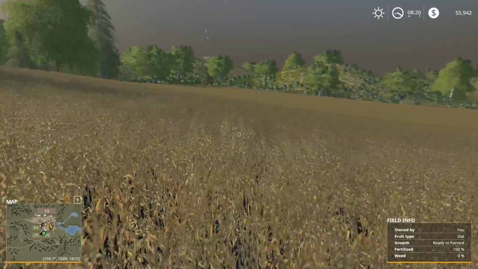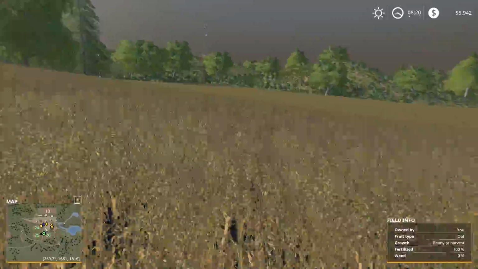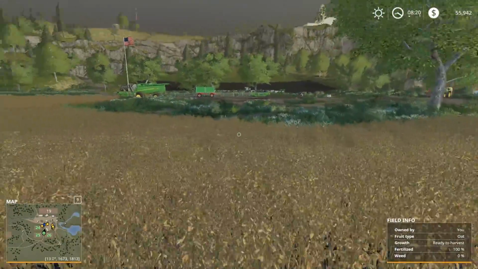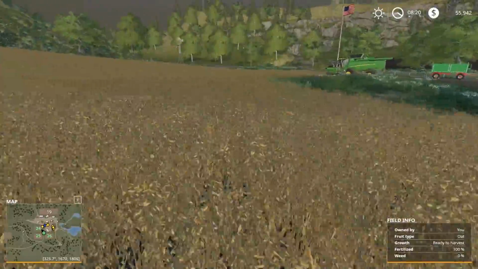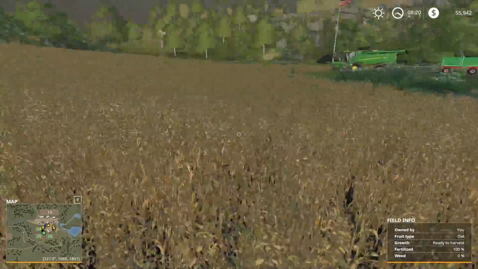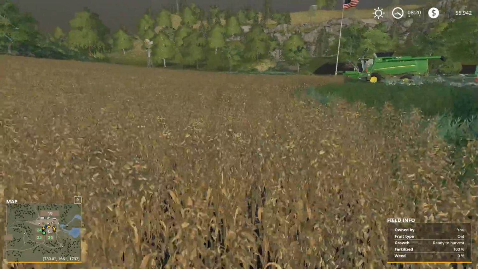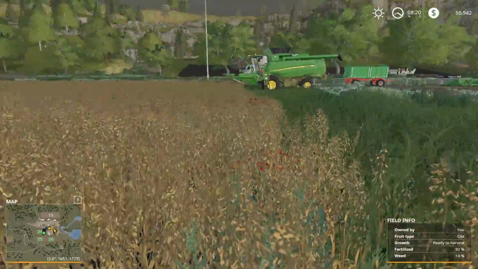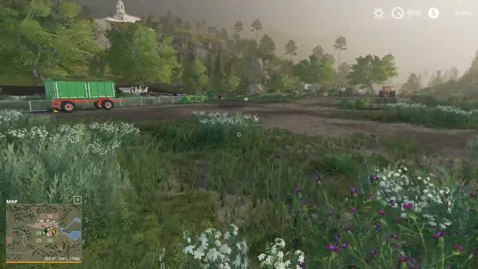to Farming Simulator 19 on Ravenport. This is the North American map that comes with Farming Simulator 19, and at least when you see this video, Farming Simulator 19 should be publicly released for everyone. So, again, at the time I'm recording this, it isn't quite publicly released yet, but we're picking up, let's see